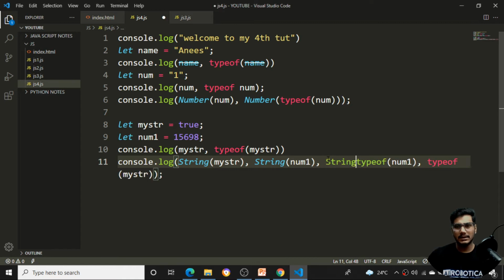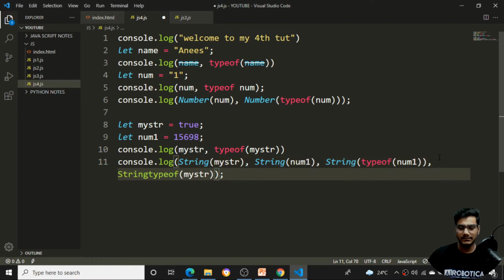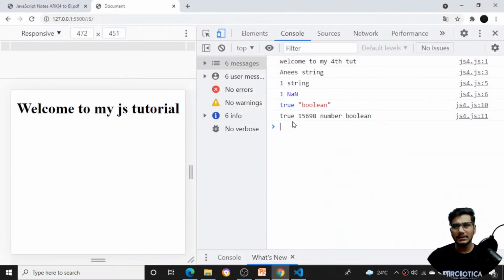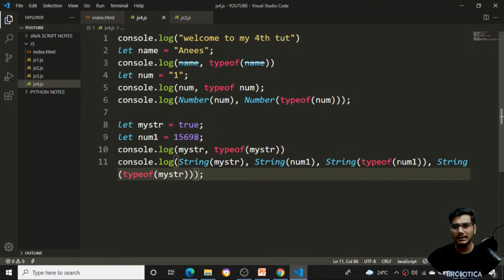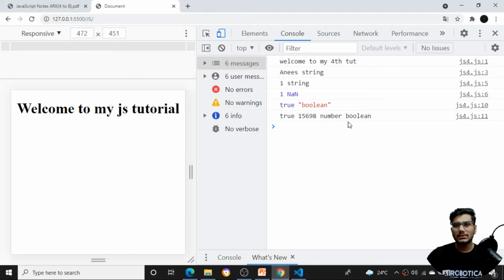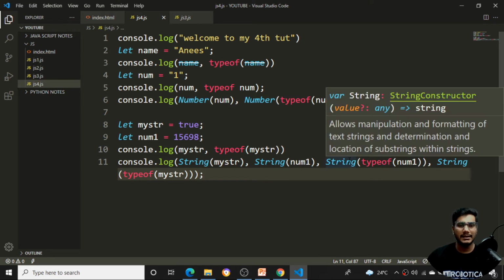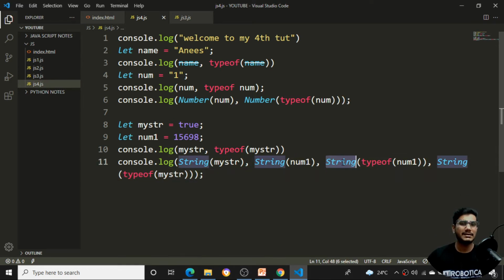So I can convert, or I can just put this inside the string, and I can just name it like this. Same thing, I'll put it for the string over here, and I'll just close at the end. Now if I save this, I'm getting type number and type boolean itself. If I save again, you can see I'm getting number as well as boolean. Even if I try to typecast the particular value and check the type, it is not meaningful, there's no need of changing the data types.